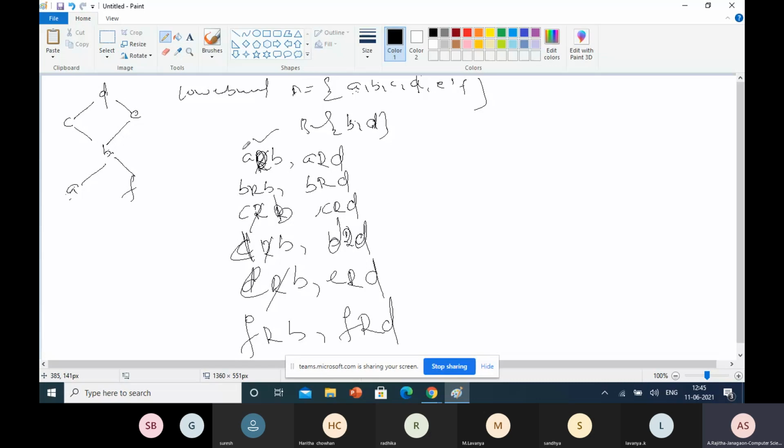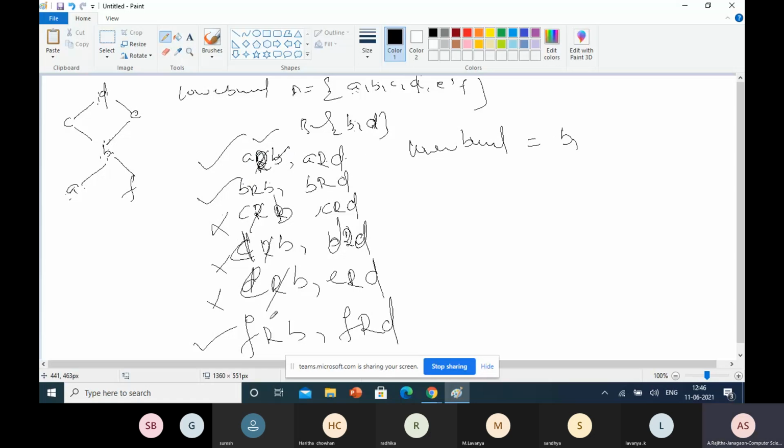So now you can compare this one and this one and this one. A to B, A to D is there. But this is not. This is the B to B as well as B to D. So this is there and this is not there. So what are the lower bounds? Lower bounds for B and D. B and D have lower bound B. Okay, this is B.